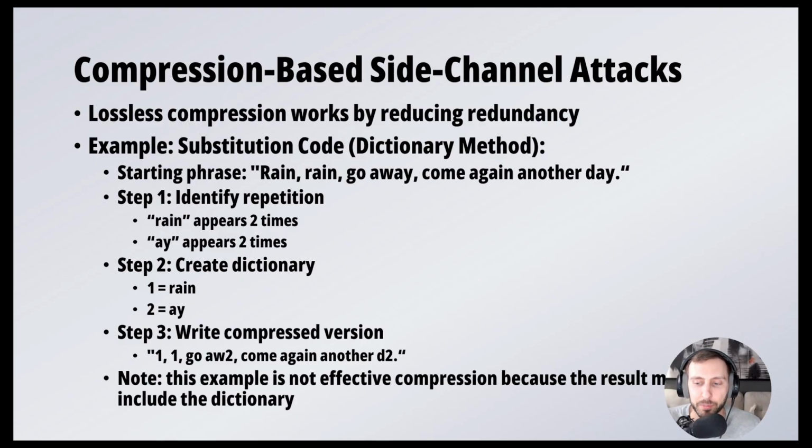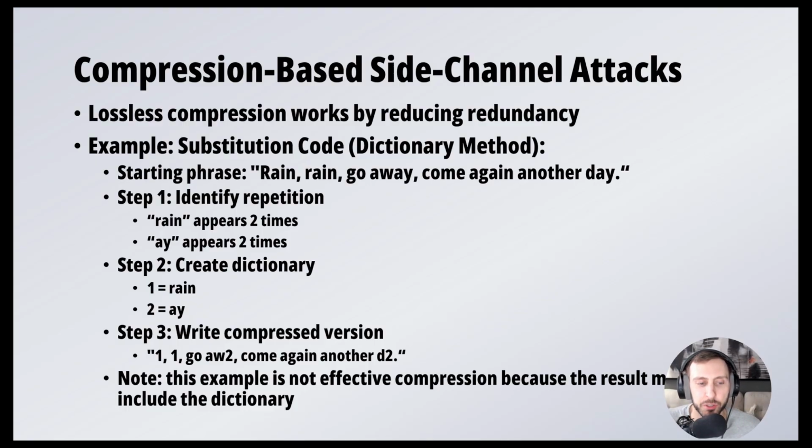Now, this window that a compression algorithm potentially looks in for repetition, the way that that is implemented, the size of it can vary quite substantially depending on the compression algorithm and configuration. But we're going to ignore that for now, and we're just going to say it found rain duplicated, it found AY duplicated, and its next step, once it finds duplications, is to create a dictionary of those duplications. So it creates a dictionary. It says 1 is going to correspond to the word rain, 2 is going to correspond to the letters AY,